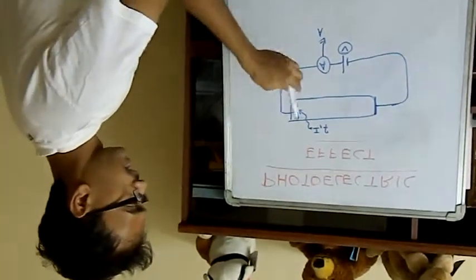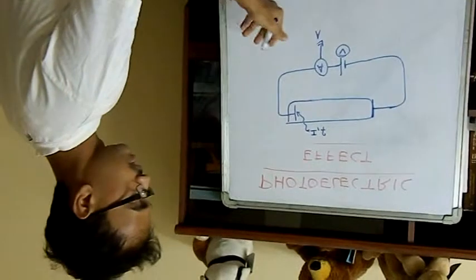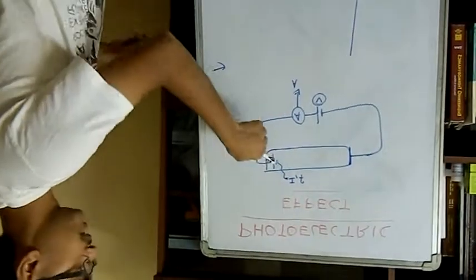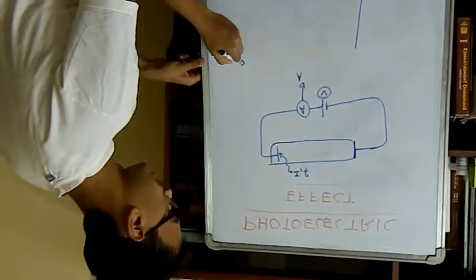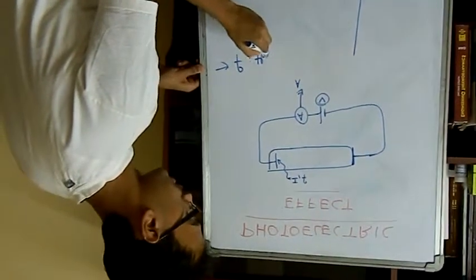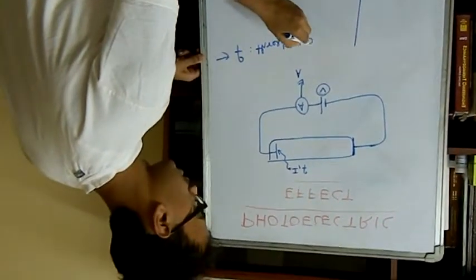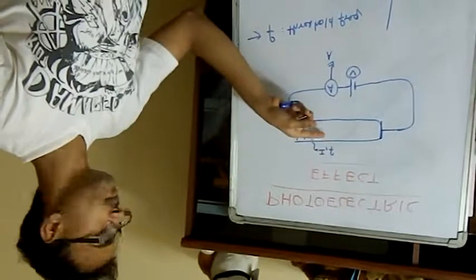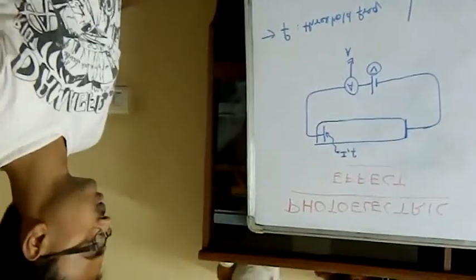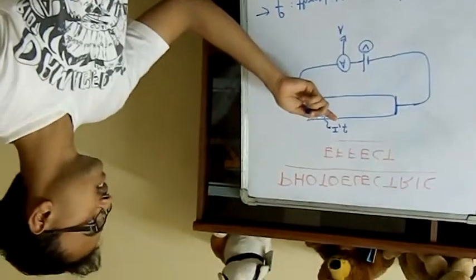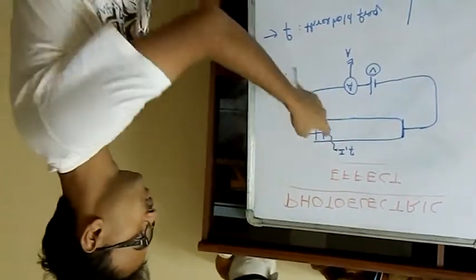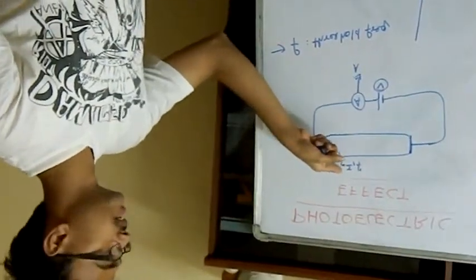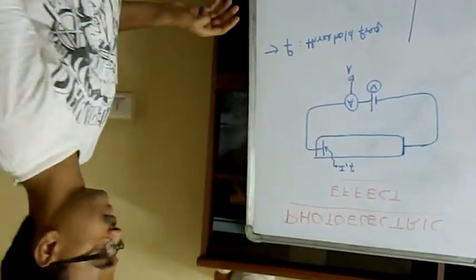In the photoelectric effect, the following observations were made. First, for every metal there exists a particular frequency called the threshold frequency. The threshold frequency for that metal is the frequency of the radiation below which no photoelectric effect is observed. If light of frequency lower than the threshold frequency is shined on the metal plate, irrespective of how high the intensity is, there is no observed photocurrent.